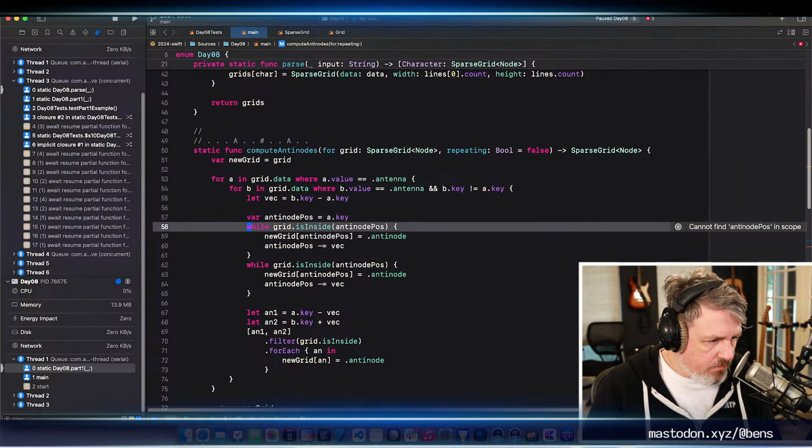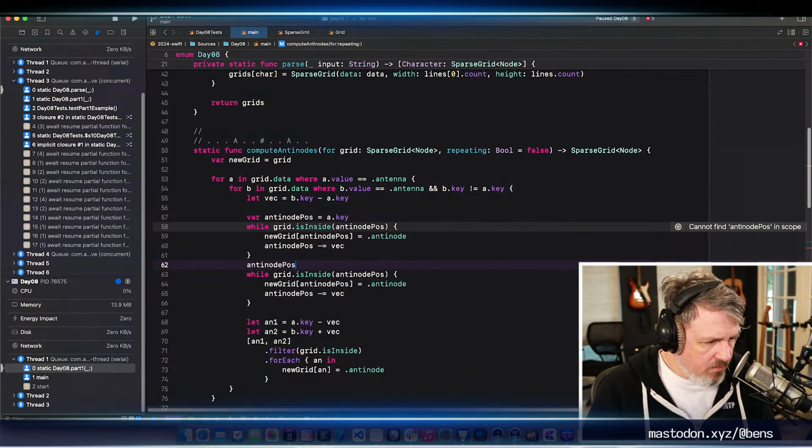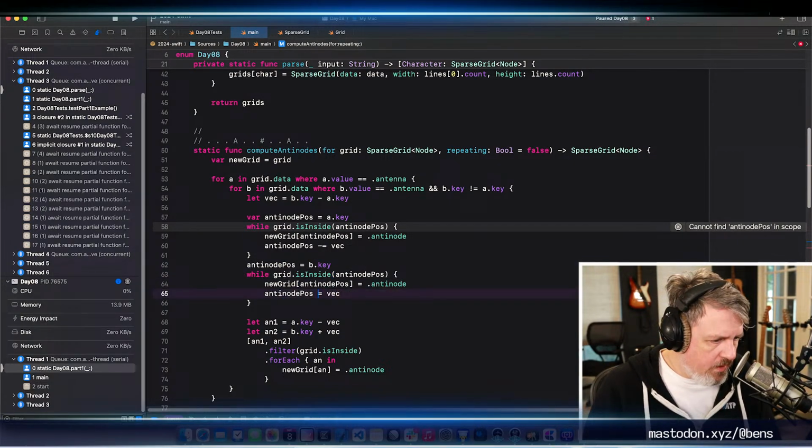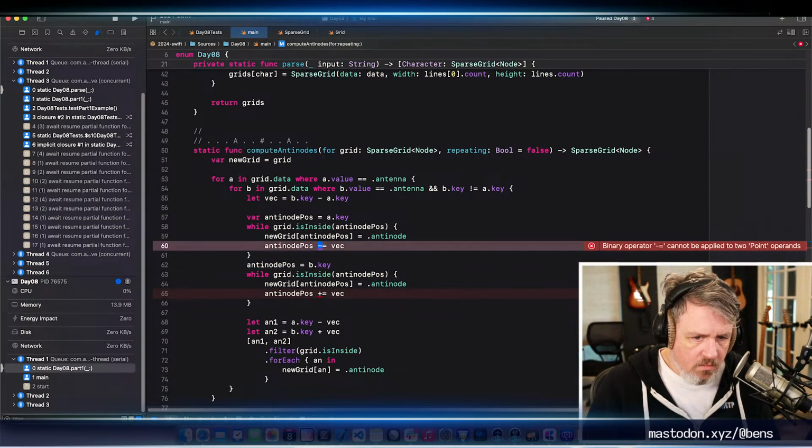And then we're going to set it to B. And this time we're going to add. Minus equals cannot be. That's annoying.